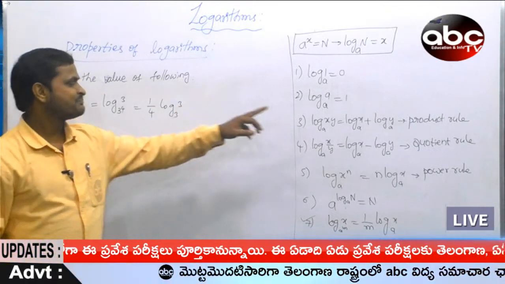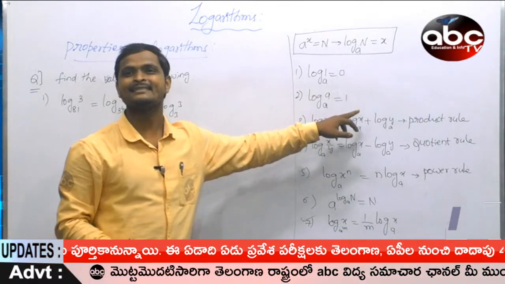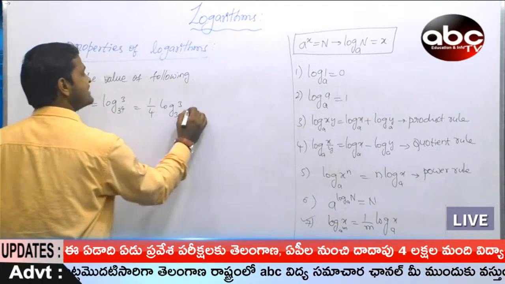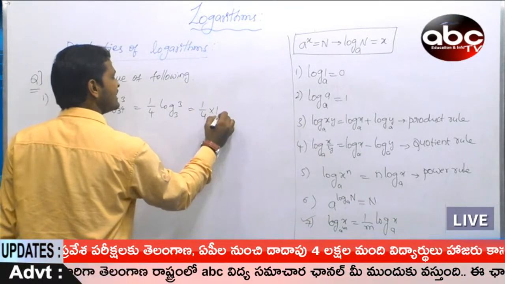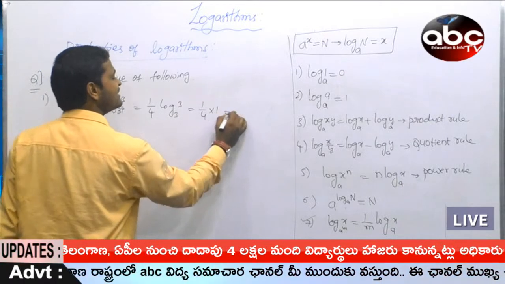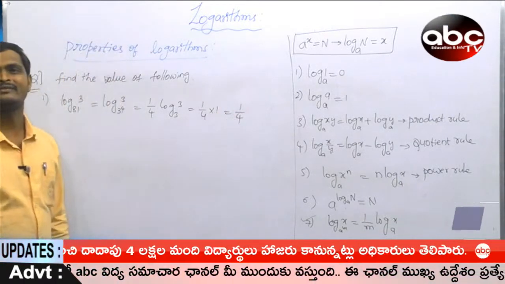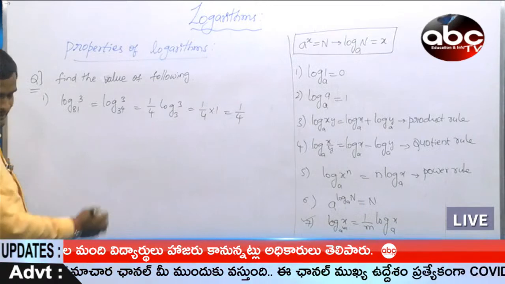Already you know, students, log a base a. What is the answer? 1. Then the answer is 1 by 4 into 1. Right? 1 by 4 into 1, that is equal to 1 by 4. Very simple. Right? Second one,